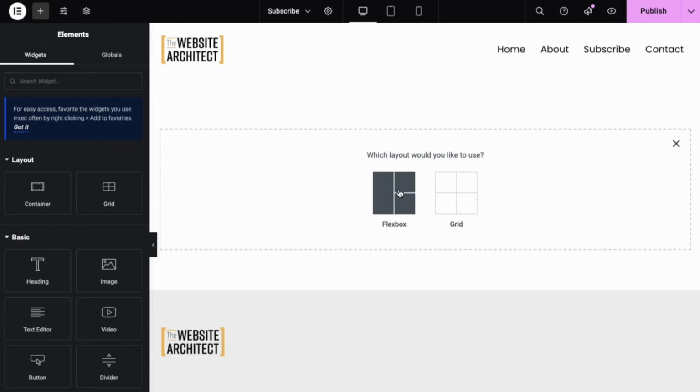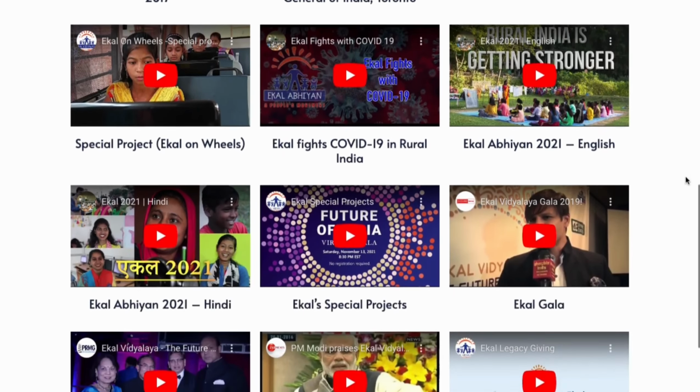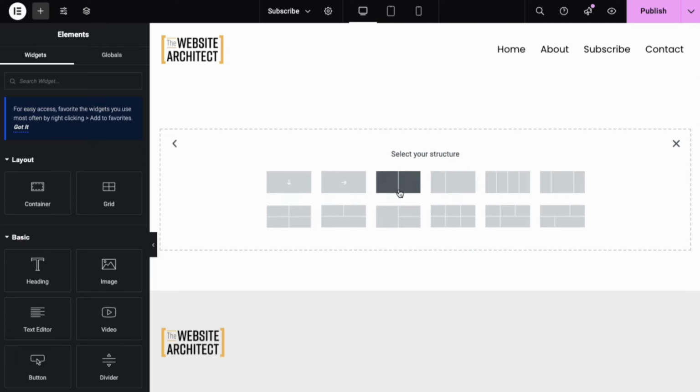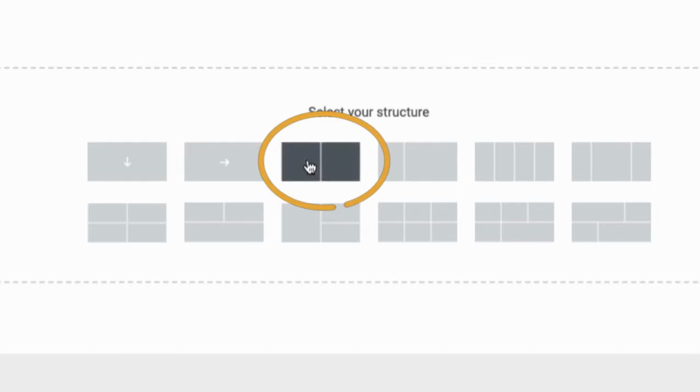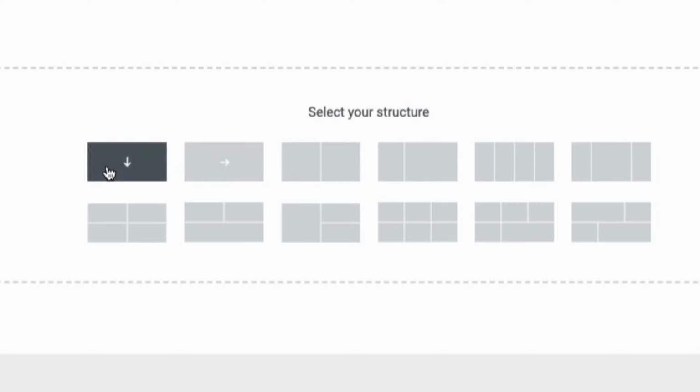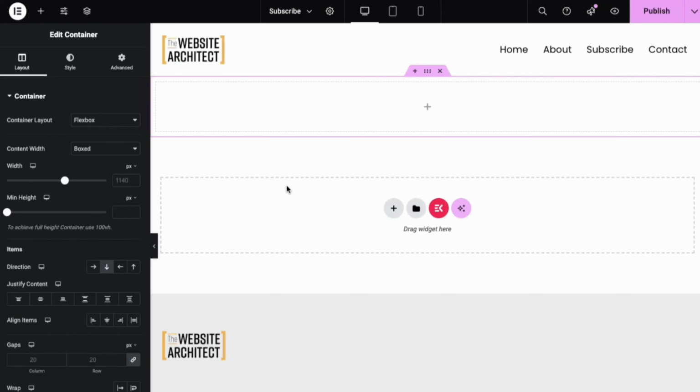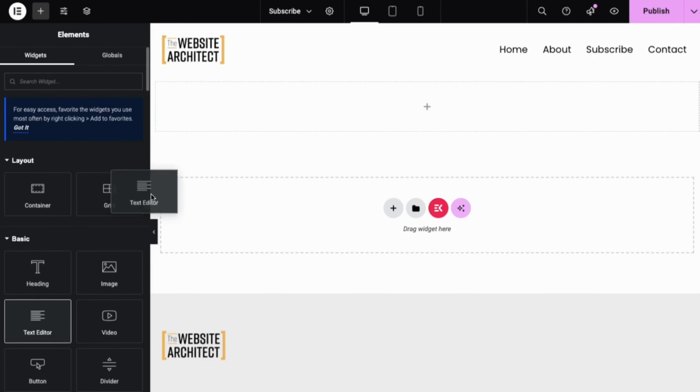This time, let's add an image. To do this, drag the image widget onto the page, and it will prompt you to upload an image from your computer or choose one from the WordPress media library. Once the image is added, you can resize it, align it, and customize it further using the same style and advanced tabs as before. Now that we've added some basic elements, let's talk about sections and columns, which are essential